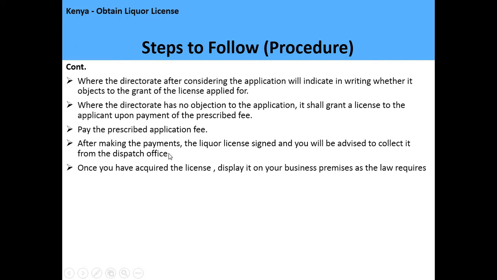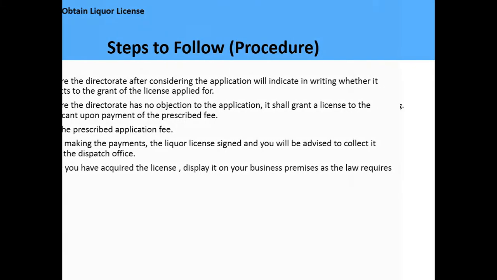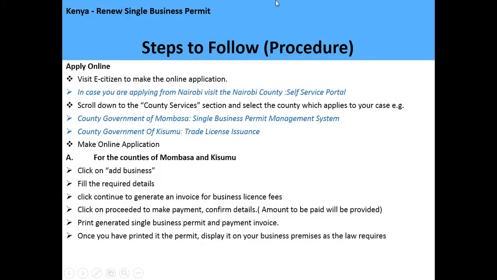And you're supposed now to go and pay the prescribed fee, which you're going to be informed of by the directorate. And after making the payment, the liquor license will be signed, and you'll be advised to collect it from the dispatch office. And once you have acquired the license, you're supposed to display it in your business premises as required by law. You can also make the application online using eCitizen, and let's just go and see how this is